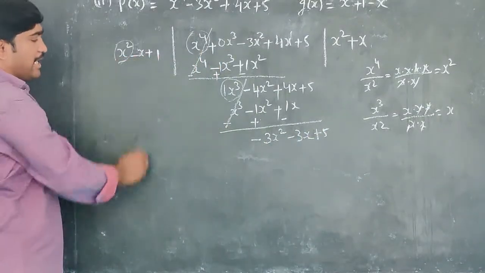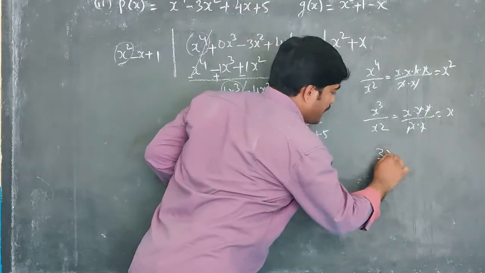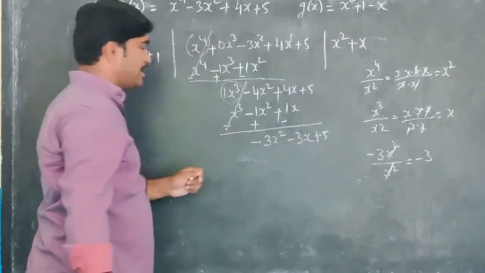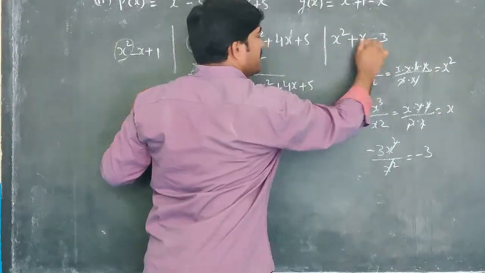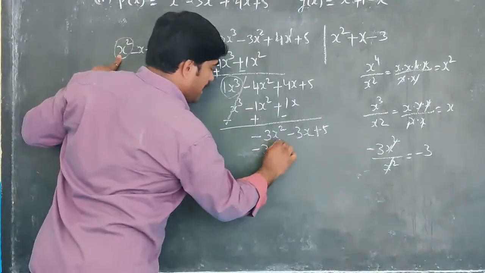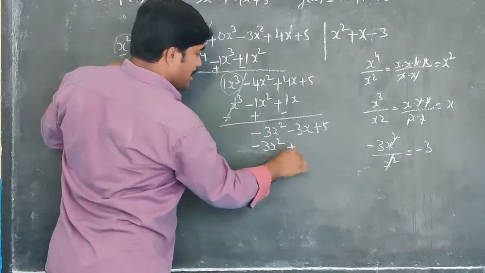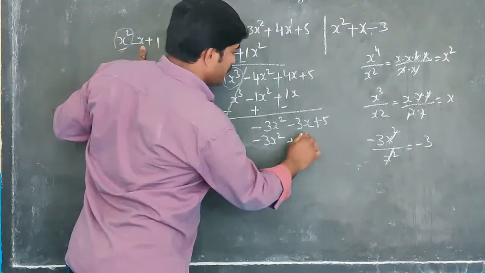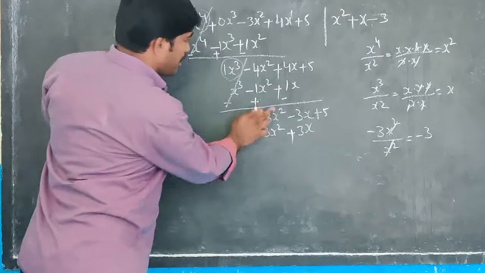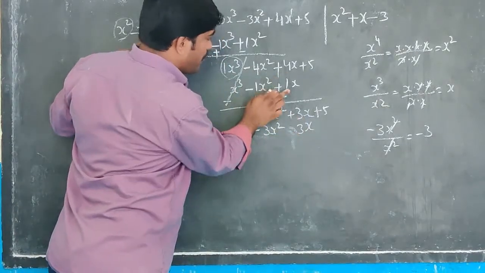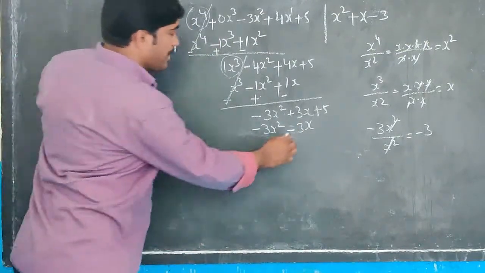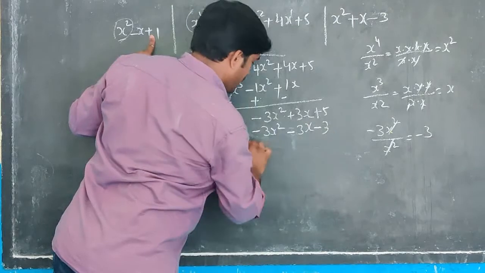Now what is the term again? X square and x square. So I will take here 3x square minus 3x square by x square. X square gets cancelled. Now what is the term? Minus, we have to take here minus 3. Now plus into minus, minus 3 into x square, 3x square. Now minus into minus, plus 3 into x, 3x. Oh sorry, the sign is plus, and I have taken 4 minus 1 is 3, the sign is plus. Now minus into plus is minus, plus into minus, minus 1, 3 is a 3.